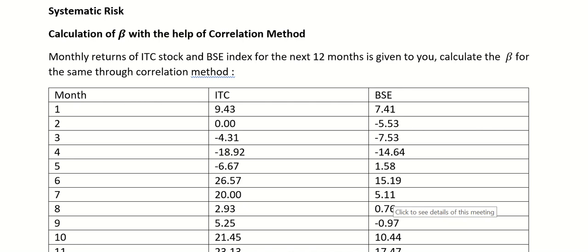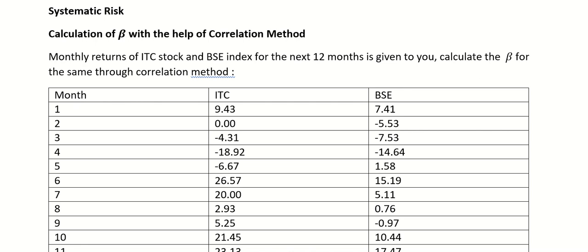One is regression, which we have discussed earlier, and today the other method which we are discussing is the correlation method. So basically, it is never asked which method you can use, but it is good to know both the methods because at times it is required. Okay. Yes, so let's start with the correlation method today.